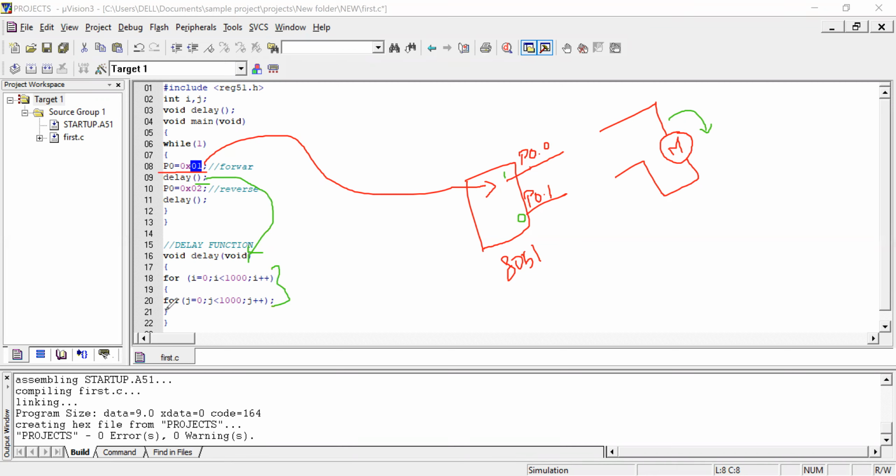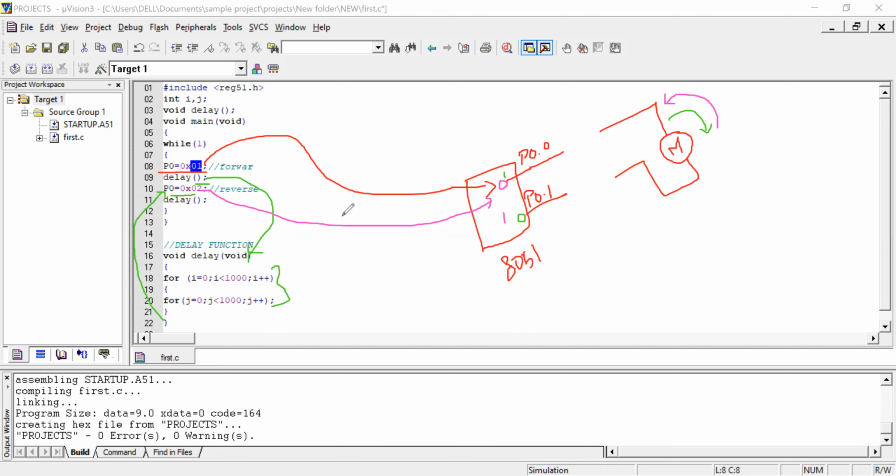Then once again the program will move back here, and I put another data: here it is 0 and here it is 1, so that the motor will rotate in reverse direction. This is how the motor will rotate in forward and reverse direction.